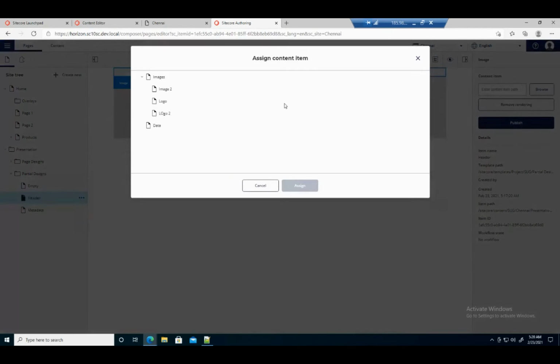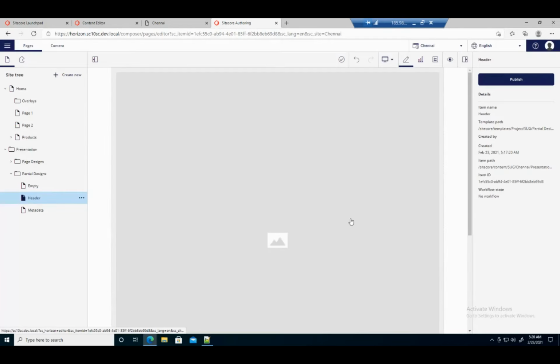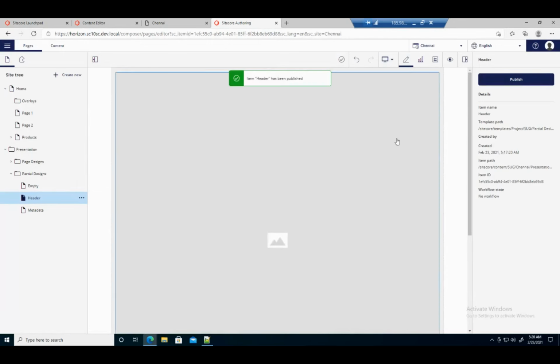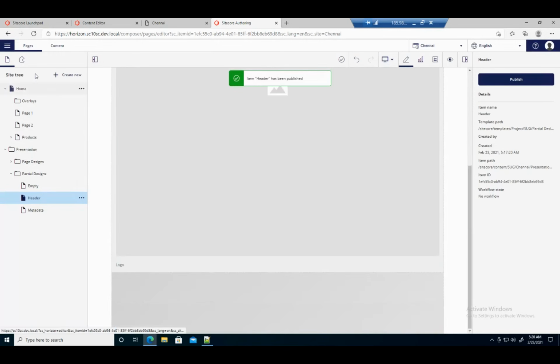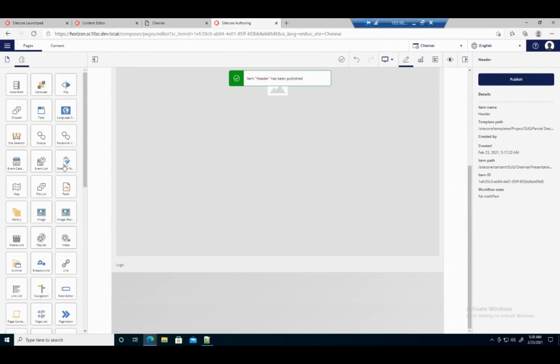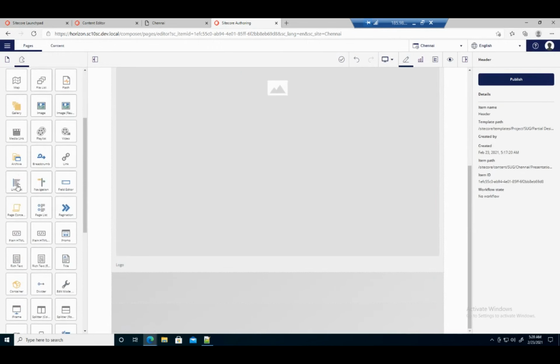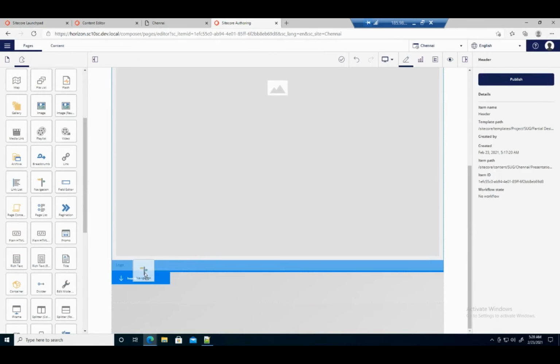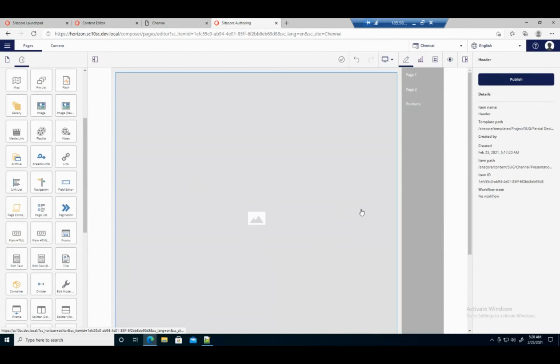So if I go to browse, select my logo too, now I have my logo added to the header. I can publish, and again, this publishes the item and the related item to it. Okay, so let's drag and drop a linked list, a navigation, because I'm building the header. I want to build a navigation component to it. As you can see, I can't